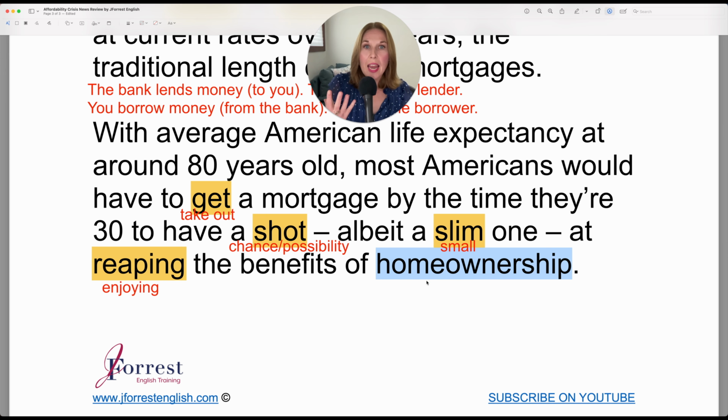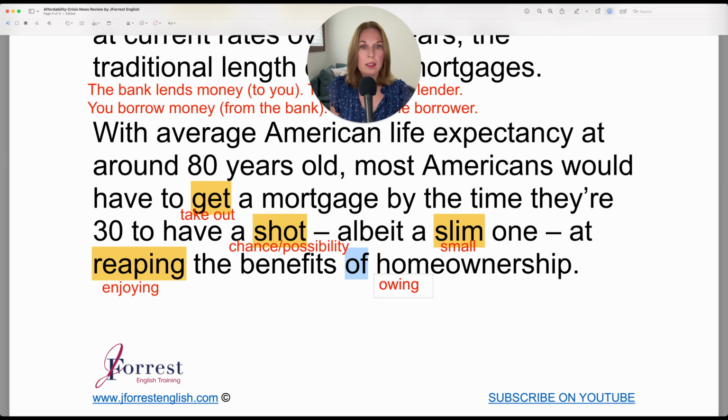This is a noun because you reap the benefits of something. So after of, you need either a noun, which we have here, or you need a verb. But what type of verb? It would be a gerund verb because of is a preposition. So what would be the gerund verb form of home ownership? If we wanted to turn this noun into a verb, what would it be? At reaping the benefits of, well, we need a verb. Think of an action and then just put it in the ing of